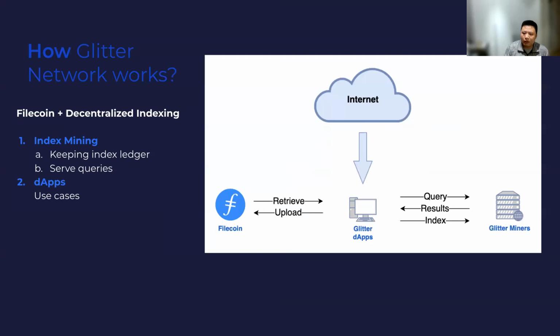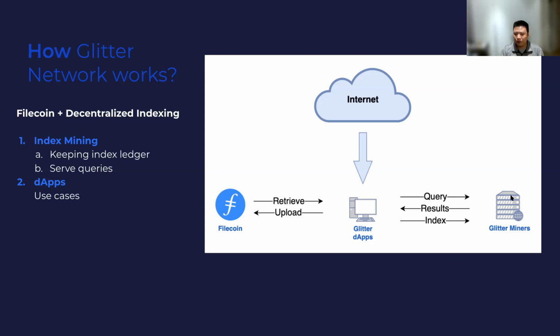Here is how Glitter protocol works. On this side, this is our miner network. These apps are our ecosystem apps. We want different kinds of developers to develop their own apps using our protocol. And when a user tries to access a piece of data from the internet or from different kinds of protocols, if they try to download some data from the internet or from the BitTorrent network, they can directly